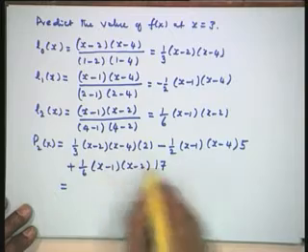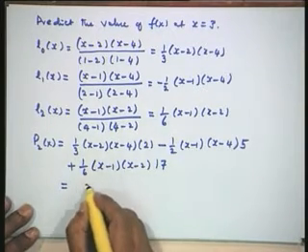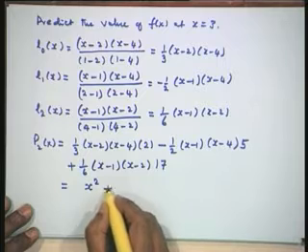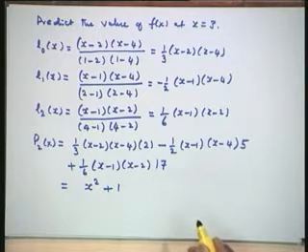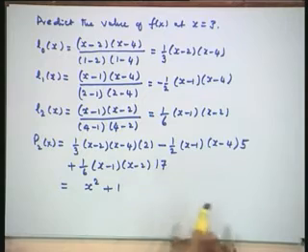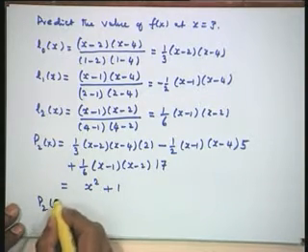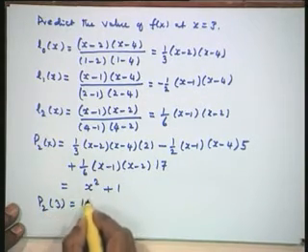Now I can collect the coefficients from all this. This I will leave as a simple exercise for you. This comes out to be x squared plus 1. The coefficient of x cancels throughout, and I simply have x squared plus 1, so that we can predict the value at 3 as simply equal to 10.